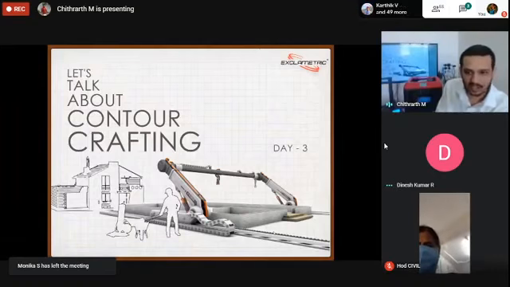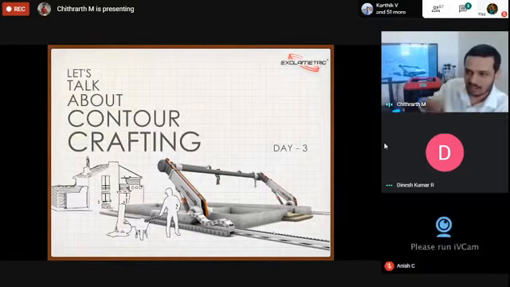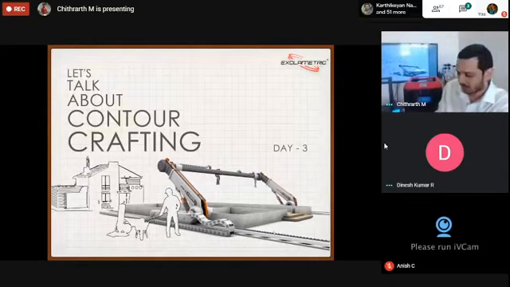We even took a deep dive into how slicing works. So what are all the different parameters which we need to control so that we can effectively slice our designs of the buildings which we have created.